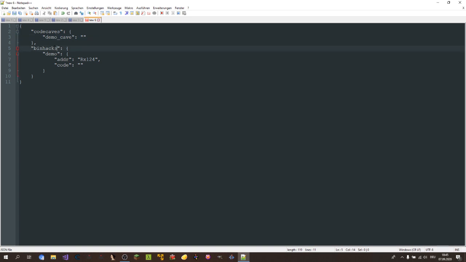So in the file where you have your bin hacks, you have your bin hacks, but let's say you need more code than you can fit in with just bin hacks. Then you say above bin hacks code caves, and then you can specify here the name of a code cave, and then you can put all of your code in here. Okay? So then in a bin hack, you can then say